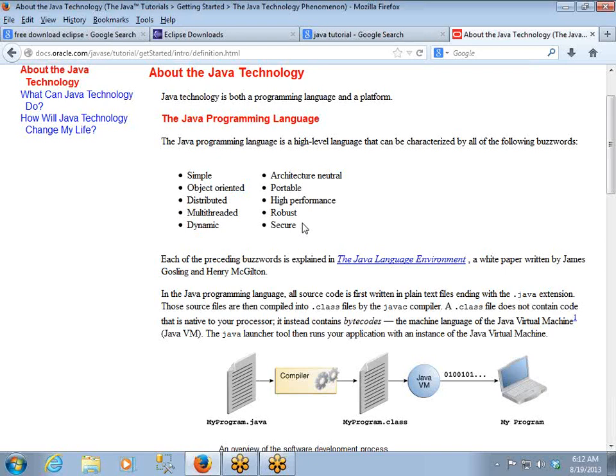A platform is nothing but a combination of the operating system as well as the hardware on which the applications run. If you develop applications using C and C++, they have a major drawback in executing on all these different platforms. That is why they are called platform dependent applications.